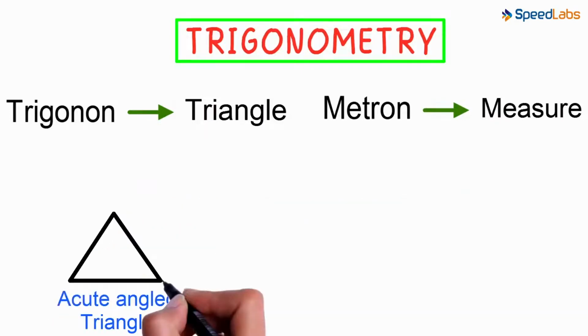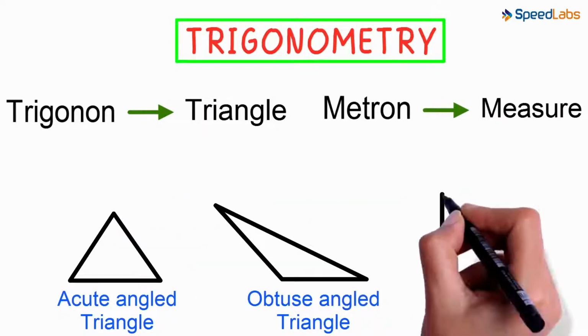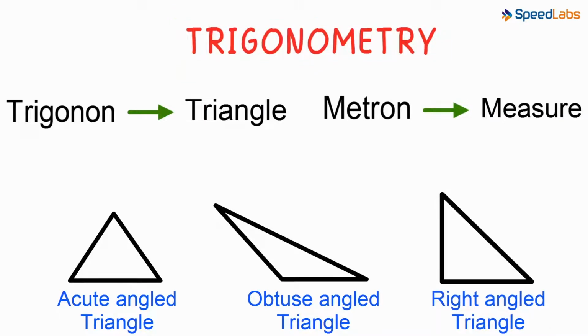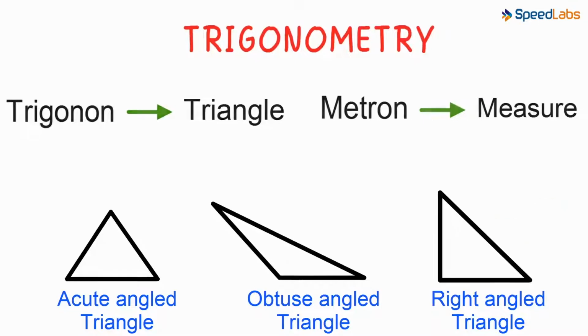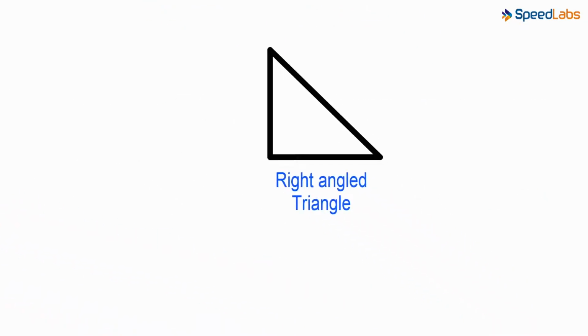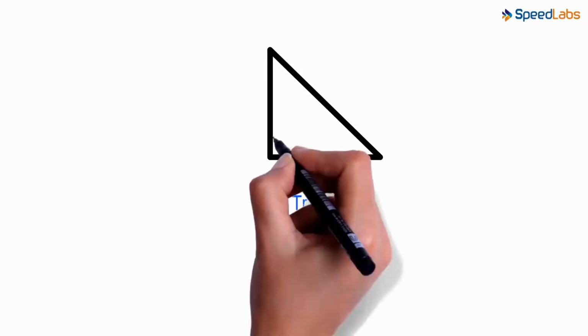Triangles can be acute, obtuse, or even right angle. However, the triangle that we will be focusing on is a right-angled triangle. What is a right-angled triangle? We call a triangle a right-angled triangle, or in short, a right triangle, if one of its angles measures 90